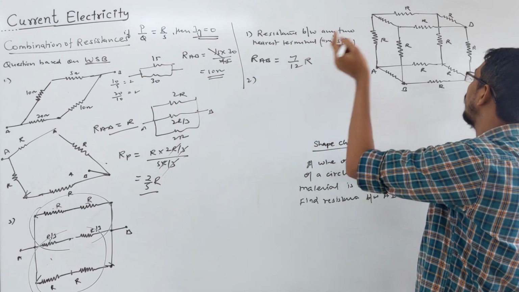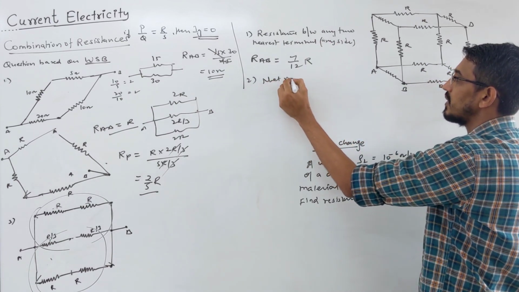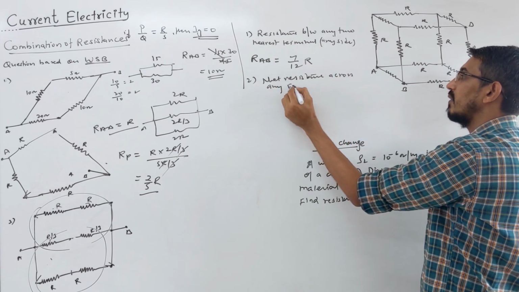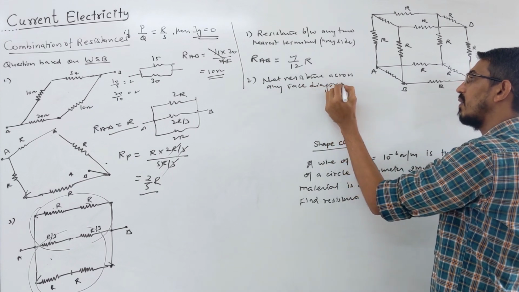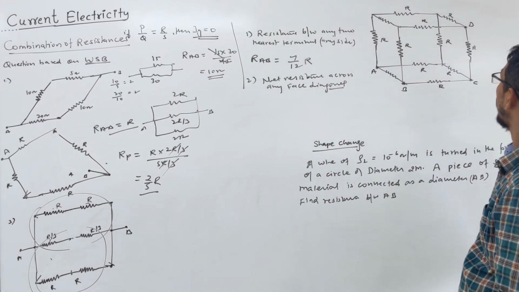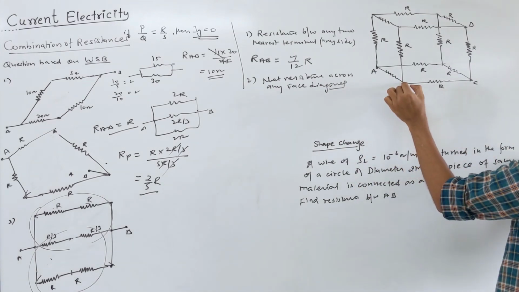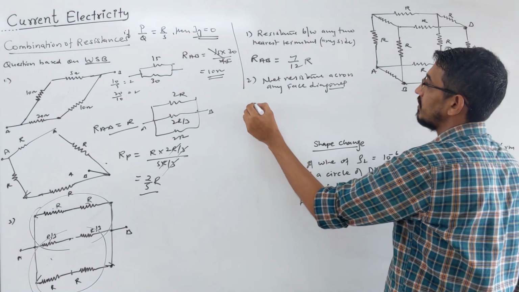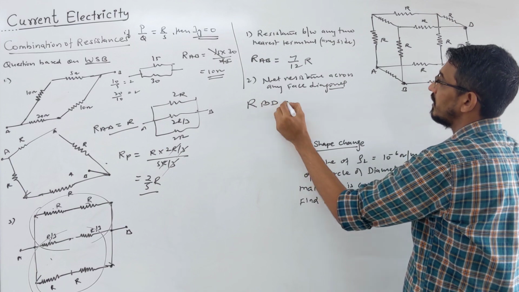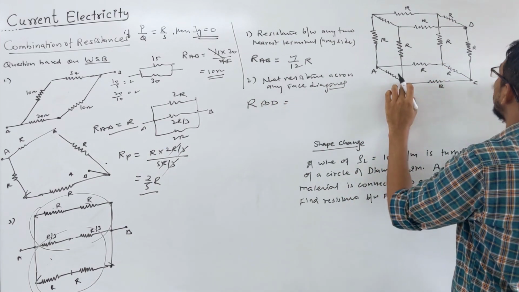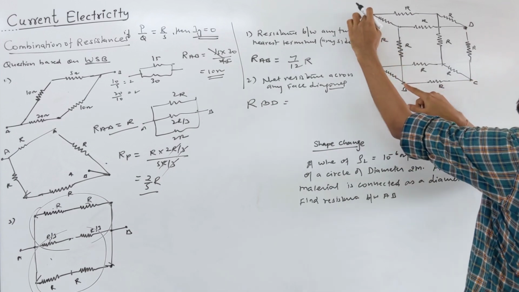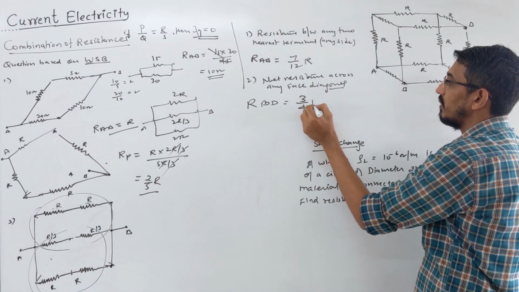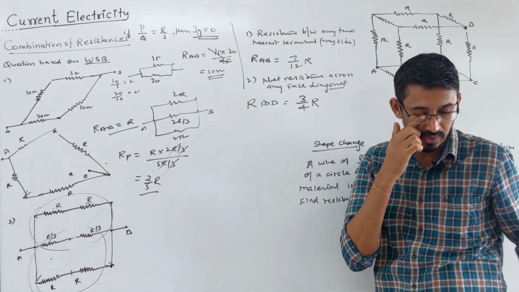Next question, they ask you the net resistance across any face diagonal. What is the resistance across any face diagonal? Which is the face diagonal in this picture? We can call point B and point D. This is a face diagonal. So across this, what does the answer come to? B and D is a face diagonal. If you want to find the resistance between these two terminals, or any face like this terminal, that terminal, these are all face diagonals. How much does it become? It becomes just 3 by 4 of R. So all these things you have to remember, okay.